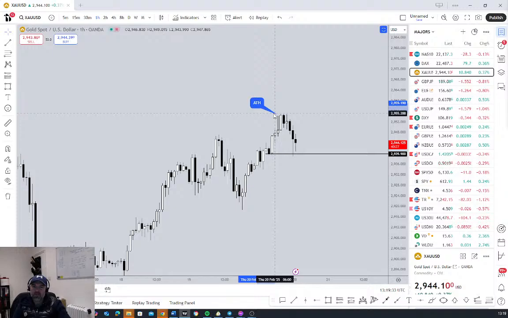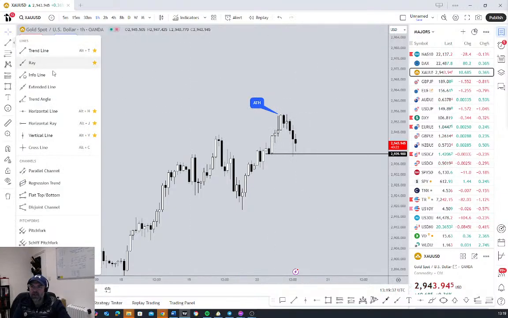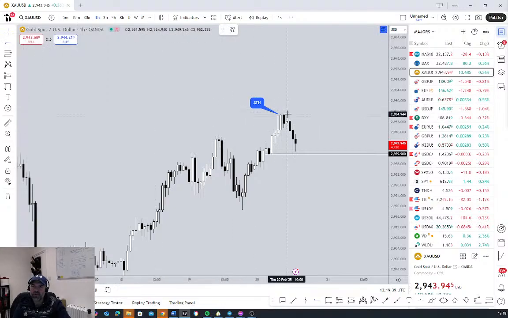I want to be long. My bias is long, but I don't have a setup or a valid route for entry unless we had a breakout and a close above on this point, or we had a spike down and then we traded back above this level at 29.39. The rest, I'm not really